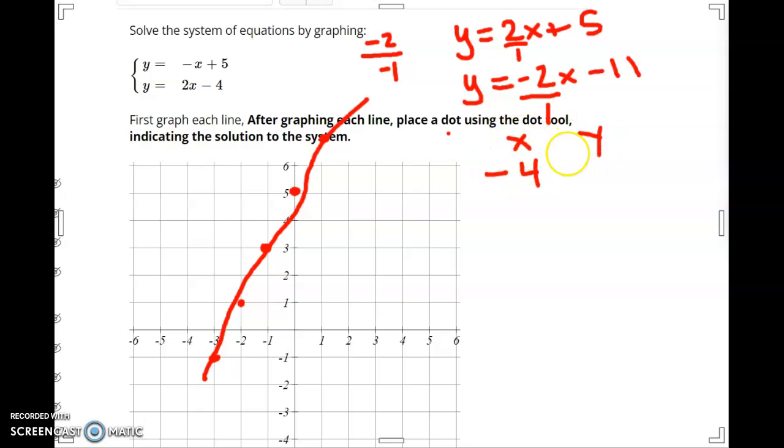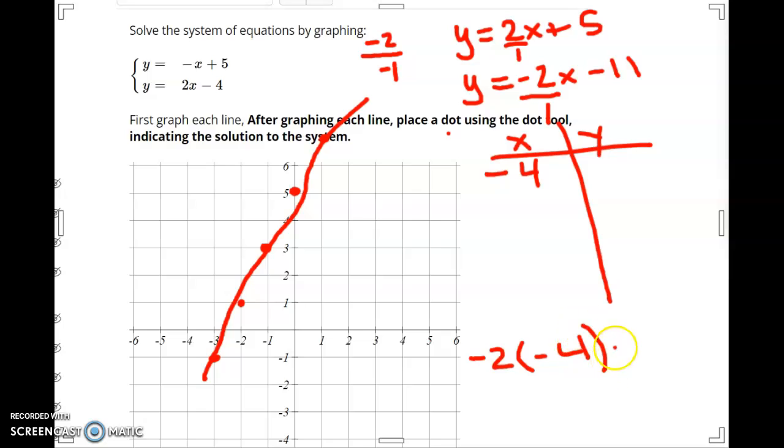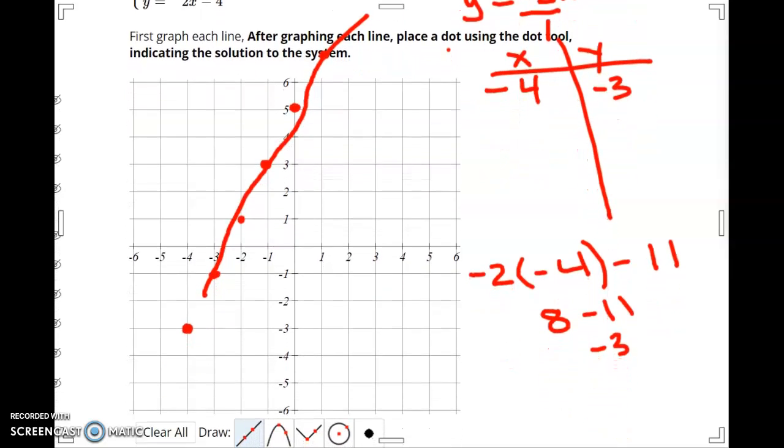We'll just make an xy chart. If we plug in -4, we get -2 times -4 minus 11. We can see this is probably going to work. -2 times -4 is +8. 8 minus 11, we get -3. So still negative, but at least we're on the graph. So -4 and -3. And then from this point, we can go down 2 over 1